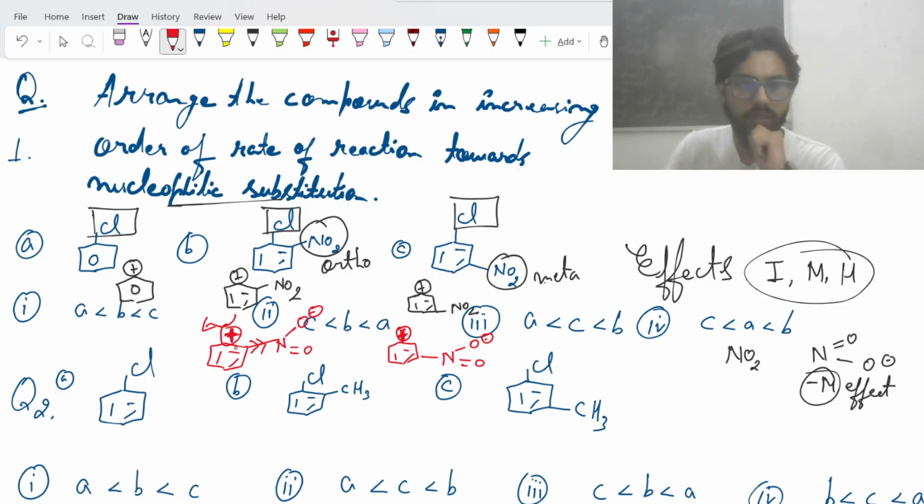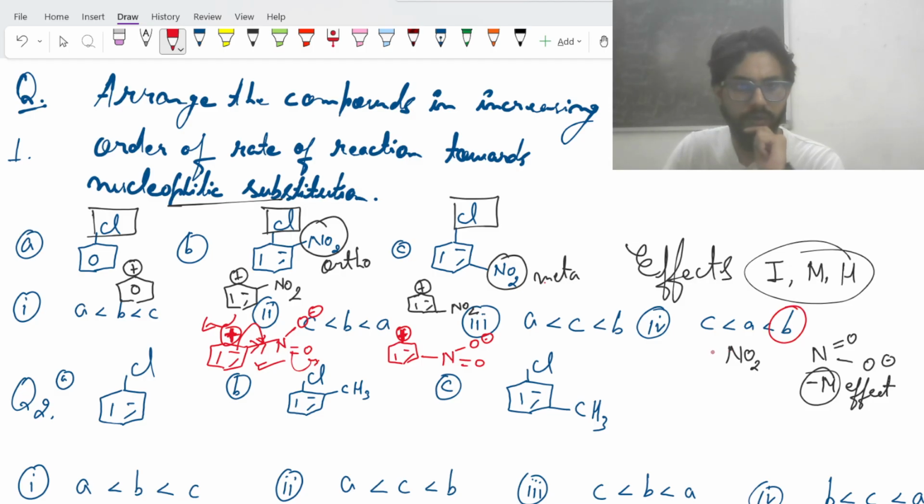So you can see here at the ortho position, this electron can shift easily, this delocalization can easily happen, right, in this particular case. So the B should be the highest one, okay, the B should be your highest one, right? So in the option number 4, you can see that this B is at the highest point, and then we have the